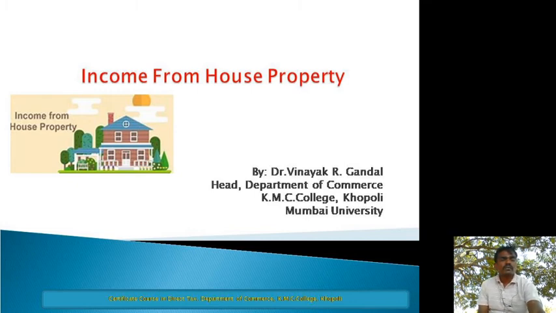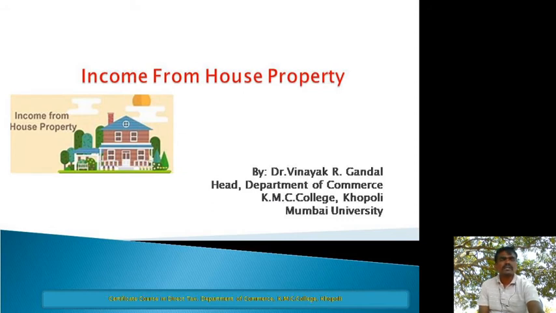Whatever interest is paid is considered as a deduction, but in case of self-occupied house property, the maximum limit of interest on loan is rupees 2 lakhs, means not more than 2 lakhs is allowed as a deduction under